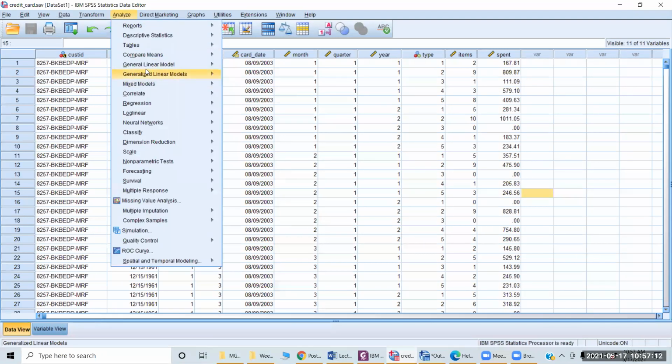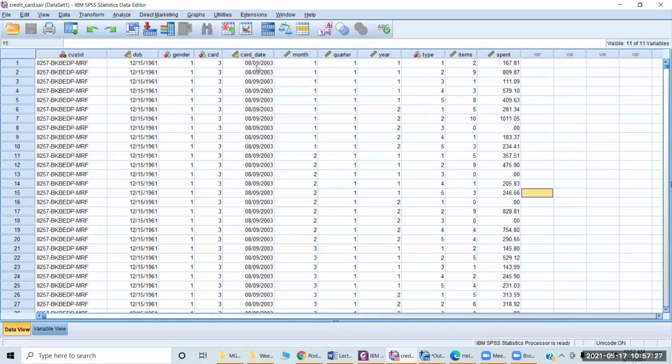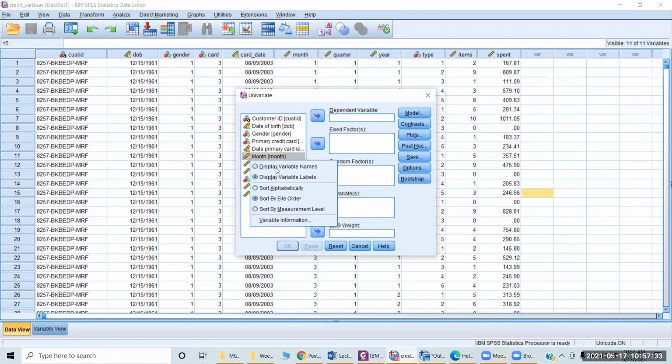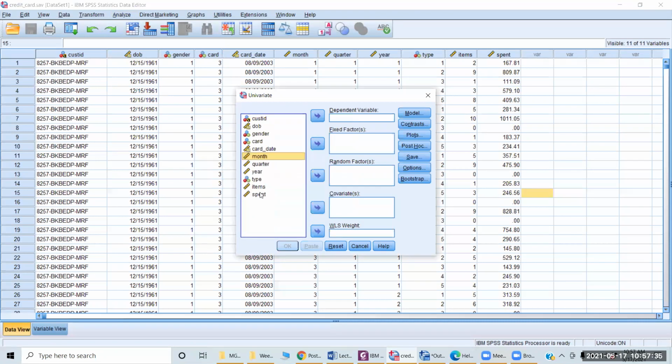Analyze, and here is General Linear Model. In General Linear Model, since we are using Univariate, the dependent variable is only one. So Univariate, and the dependent variable in our case is spending. Let me reset it, because I want to show you from the beginning. Spending is the dependent variable